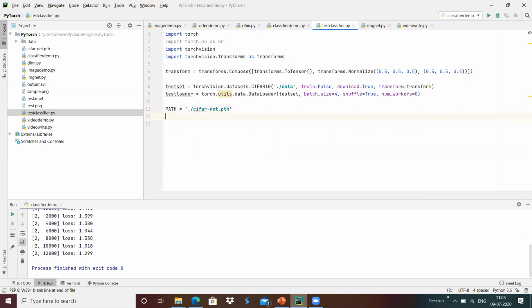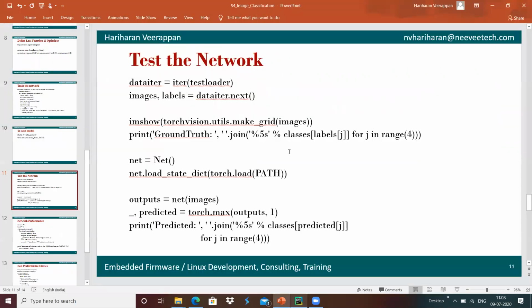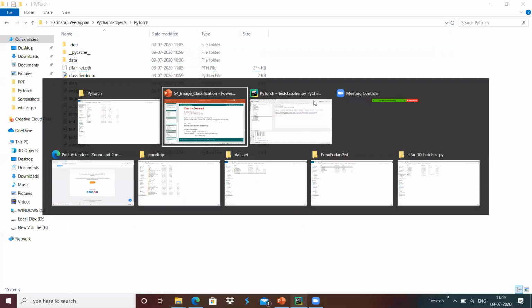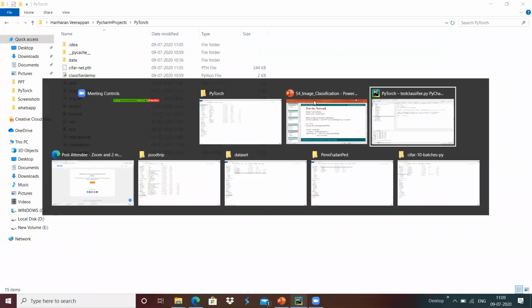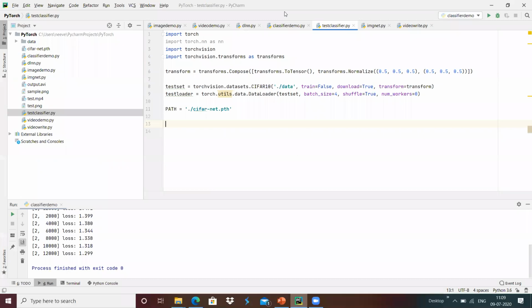Then we can choose the image to pass to the network and check how it detects it. For that, I'm going to define the classes.